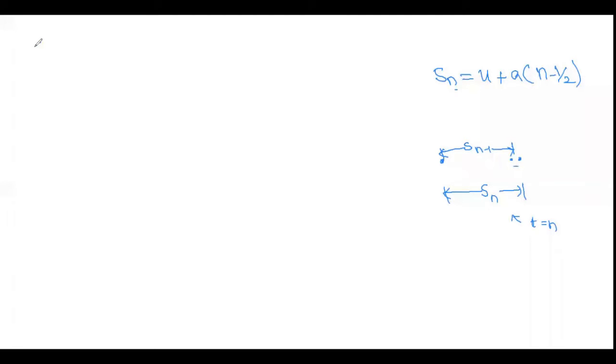So for displacement or distance, the expression we have is ut plus half a t square, our expression for displacement traveled by an object. When it is a straight line, we can consider the displacement and the distance as the same. Now the distance traveled in n seconds can be written as u into time t, which became n: un plus half a n square.